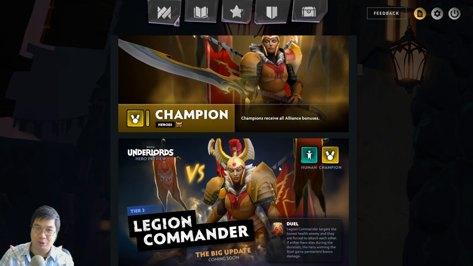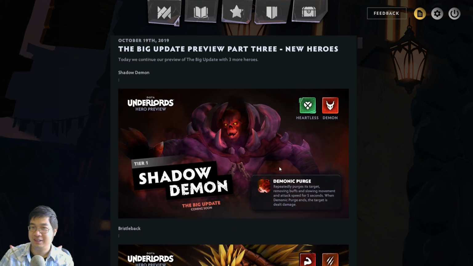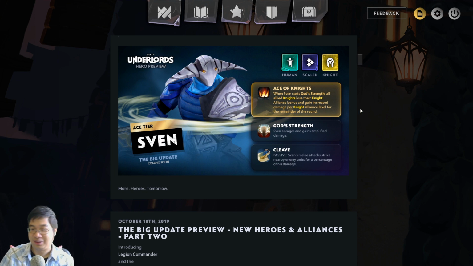So far from yesterday, we saw 3 more today, so we have 10 new heroes. And because of that, it's going to have a lot of combinations and choices. We have Heartless, we have Savages, and we have another Scaled Knight to be added. Also another human, but you know, humans are everywhere, so I think there's like 8 or 9 humans around in